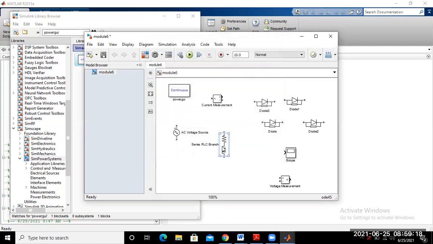So the load portion is clear here. You may name it RL branch. Okay. Now just connect the diode here.